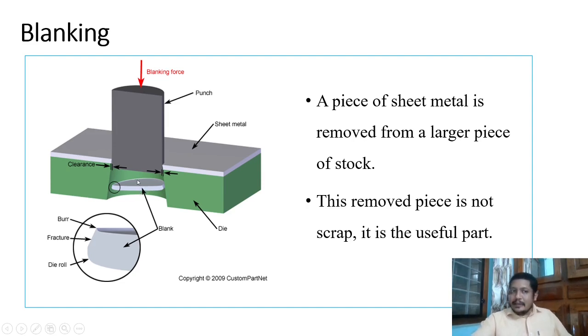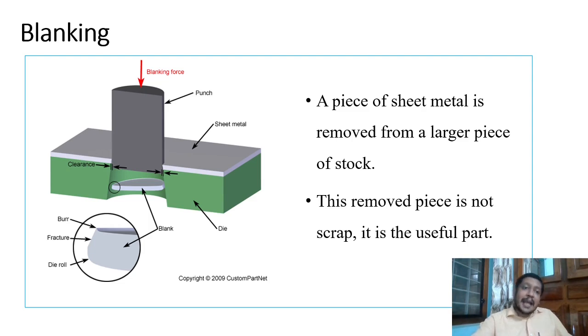A similar approach you will employ for making a hole in a strip or a sheet metal plate. But in the case of piercing or punching operation, whatever you obtain like this will be a scrap and this will be your useful work. Whereas in the case of blanking operation, whatever you are stripping out from your sheet is the useful work, and after making many blanks, whatever is left out of the sheet will become scrap.